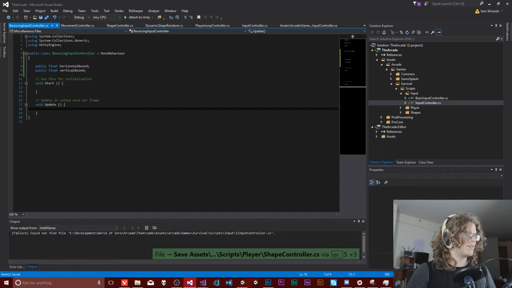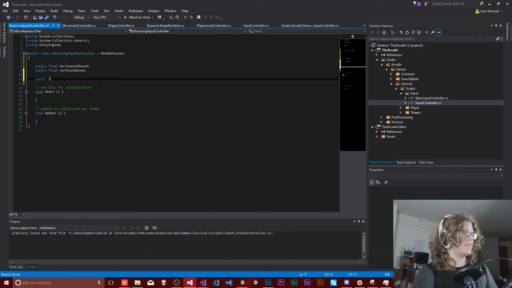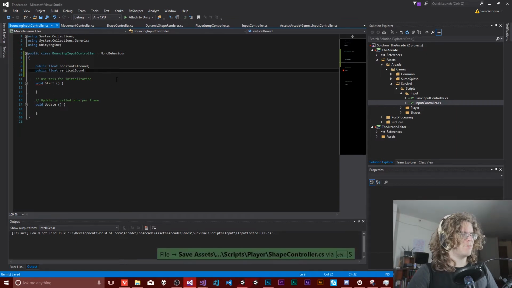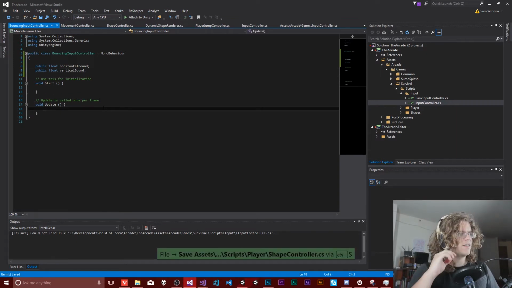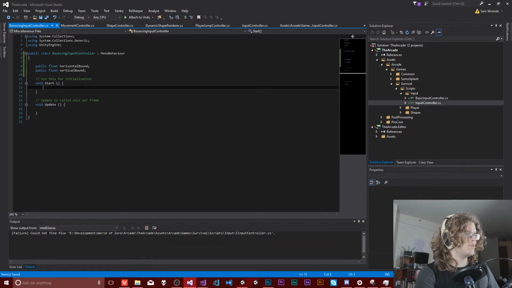So we've got both of those. Those are our bounds. Public bool. Let's actually do a vector 2. No, we don't need to do that because we already have them stored. Never mind. That's silly. So when this starts, we are going to create a vector 3 random